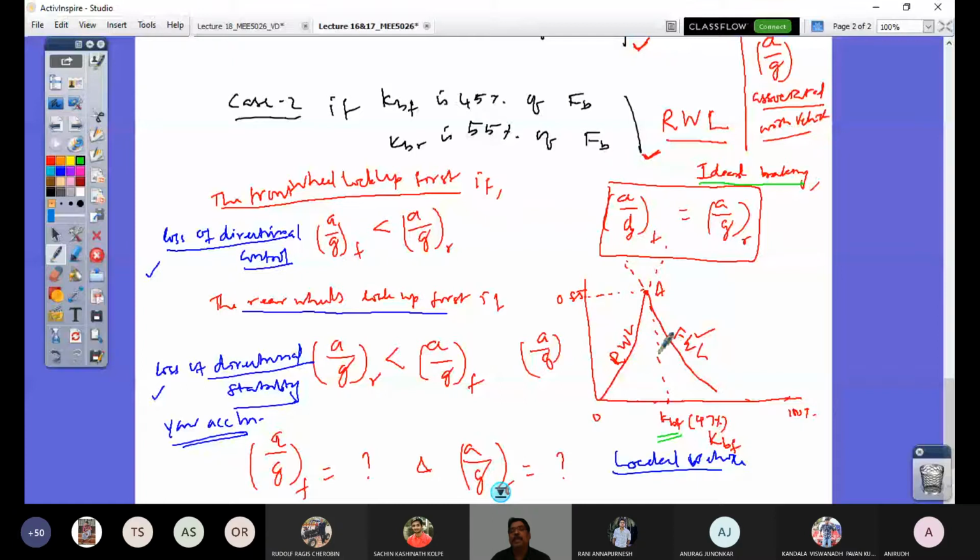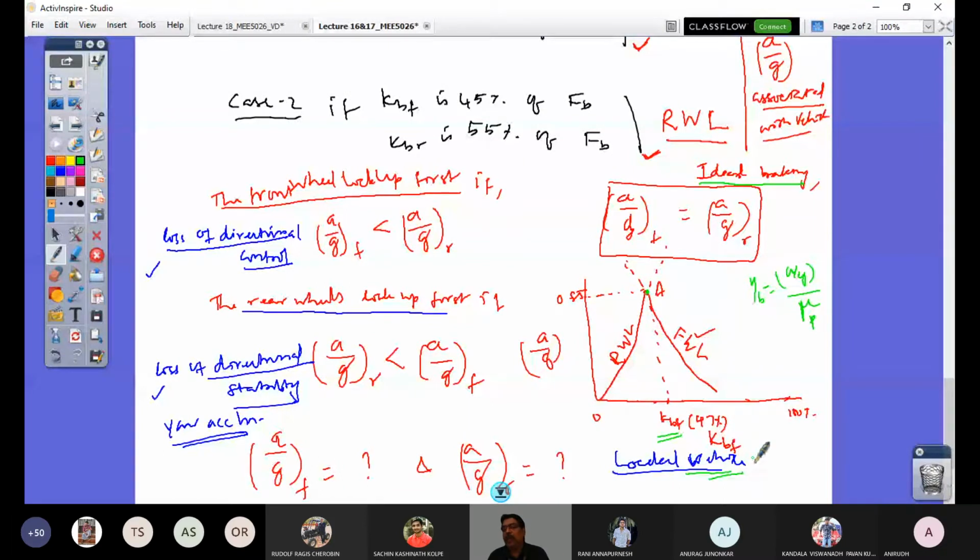So to get 100% braking efficiency, 100% braking efficiency is defined as A by G associated with the vehicle for the given road condition before all wheels are locking to that of the ratio of μp divided by μp. So this is what you see. So you would be able to get that when you have this point A is a limiting value dictated. So that would be possible for the chosen case study vehicle at 47% for fully loaded condition. This is fully loaded condition vehicle, right, of 10,000 pounds that we have seen.